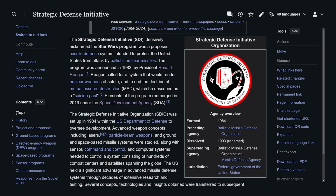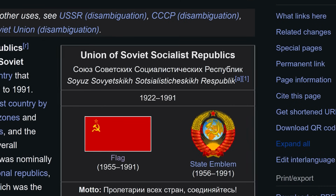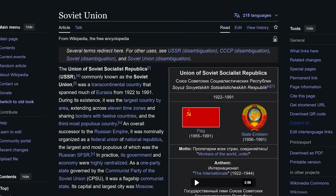The program eventually ended in the early 1990s, both because of what was seen as insurmountable engineering challenges, and also because the Cold War had ended and the threat of a nuclear war was seen as much lower than when the program began. Even now, though, despite all of the changes in the space industry over the last 30 years, some of these challenges still remain, and it's going to take a while until the systems are developed. But one thing is for sure, we certainly hope that these capabilities will never have to be put to use